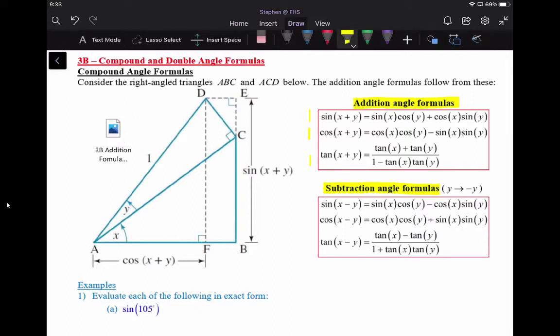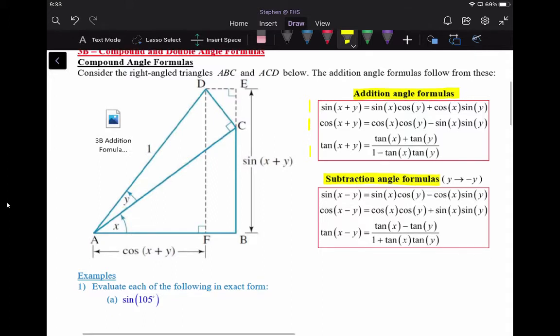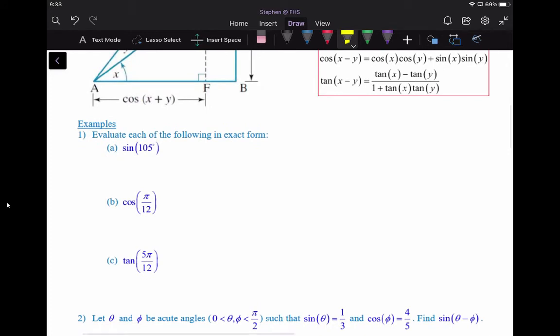So let's just jump into some examples and see how we deal with these questions. Okay, so number one, part A says, evaluate each of the following in exact form. The first one is sine 105 degrees. So all you need to do is realize, well, what is 105 degrees as a sum or difference of two of the basic foundation angles? And you could say that 105 is 60 degrees plus